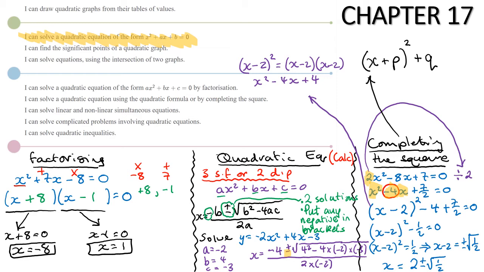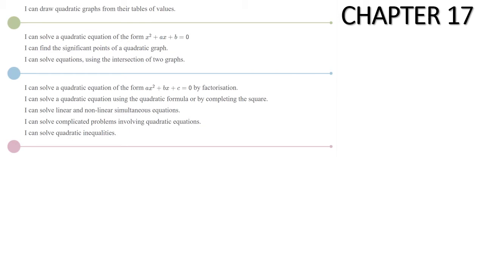So we can solve by factorising, we can solve by using the quadratic formula, we can solve by completing the square. So we've actually now covered this one here, using the quadratic formula or completing the square. What we now need to look at is solving quadratics which are a little bit more complex, where it's not just x squared by factorising, but you've got like 2x squared, 3x squared, 4x squared, something like that. So we're now going to look at solving by factorising,